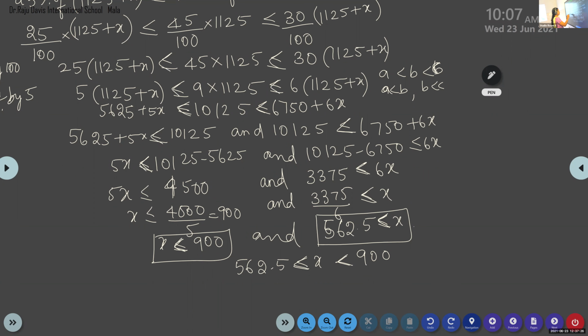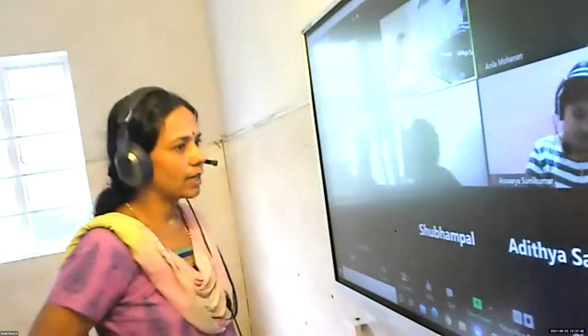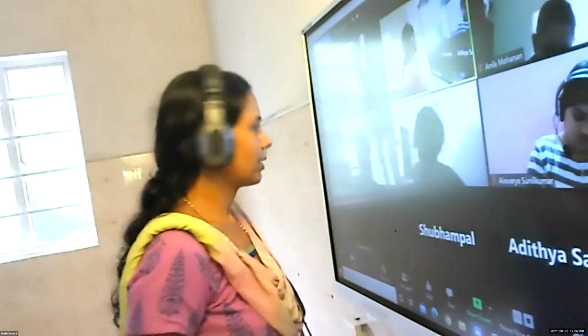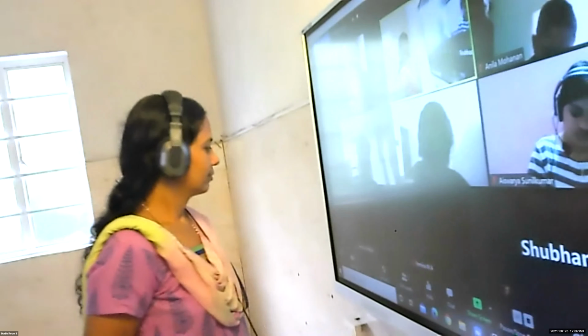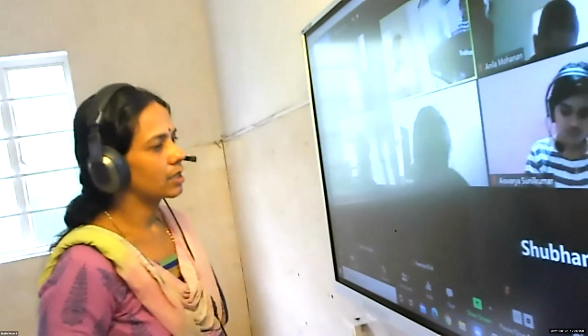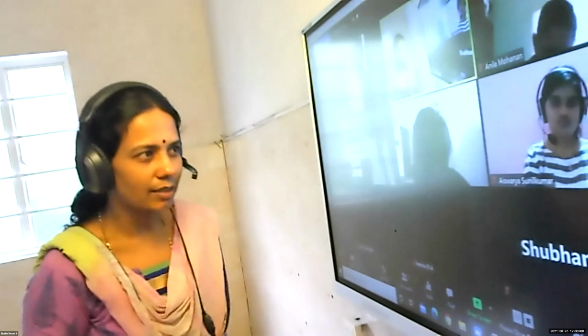Change it, children. Because when I read the question now, I got this. I was thinking it is less than or equal to. From the beginning, you change everything to strict inequalities. Why am I writing this as strict inequality? Why are we changing it, Femina? Tell me. Why are we changing that to strict inequality? Yes, Aishwarya, tell me.